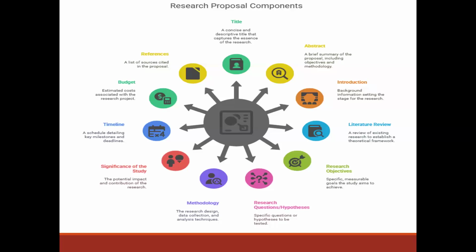After the title, we always have the abstract, which is a brief summary of the proposal, including the objectives, the methodology, the knowledge gap, and a little bit of introduction so that I get the background. Then the background of the study. The introductory part of the proposal, like chapter 1, contains a lot of things. So it is the introduction, basically. It contains the background of the study.